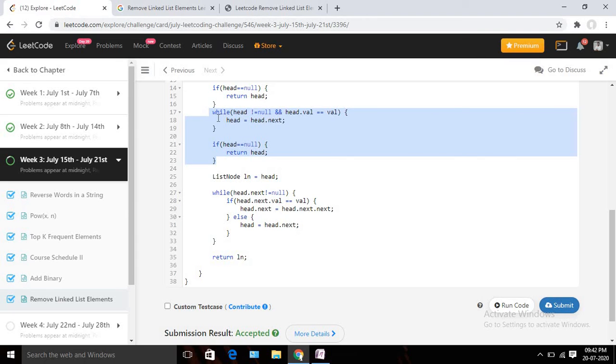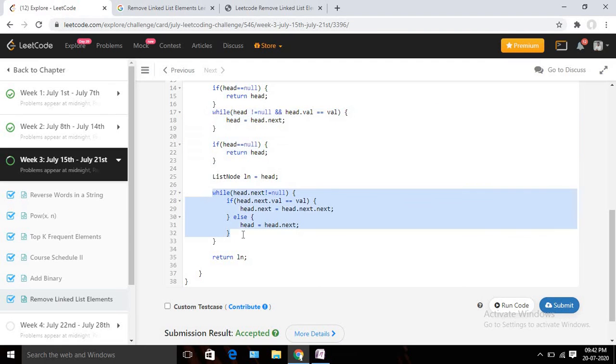At first we are eliminating those nodes. After that, from the next location we start iterating and perform our normal algorithm, checking the next node. Initially we remove all the nodes with that value from the head, and we stop when we see that my head value is not matching the value which we want to delete. Then we start looking at the next node.